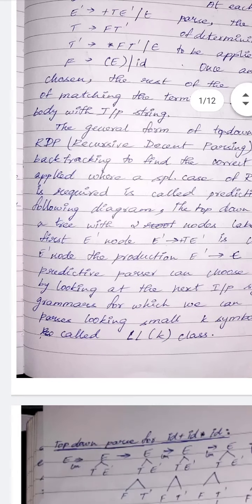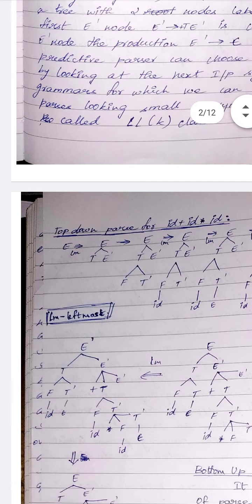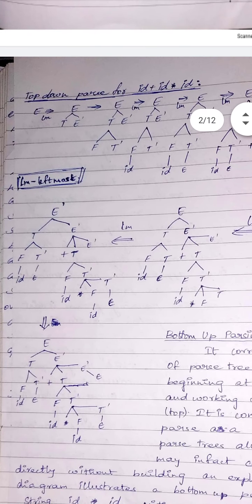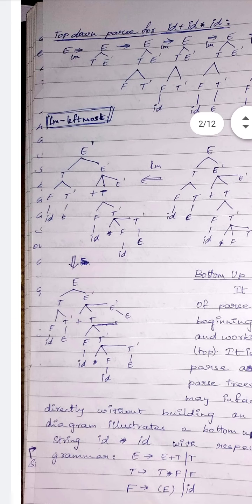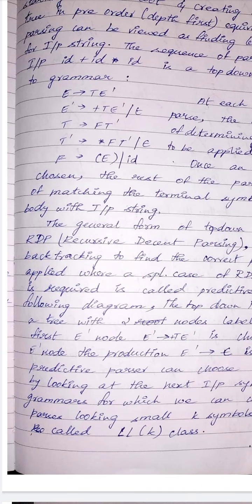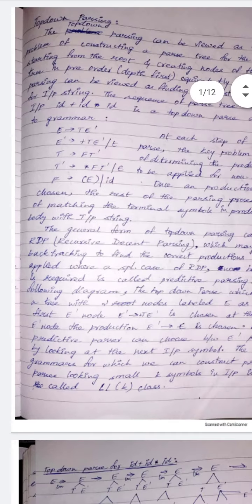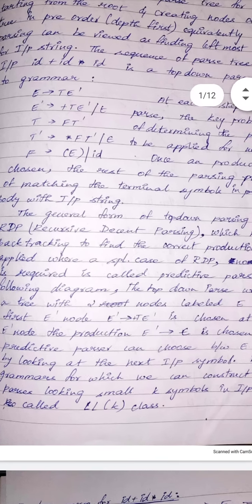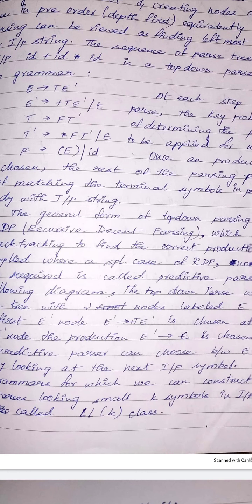And the next one, this is the parse tree that we have constructed, starting from capital E and moving towards id plus id into id. This is the parse tree that we are going to construct. Already we have discussed, we have some key problems to be solved. The key problems are determining the production to be applied. We have a number of productions, so what is the production that we have to apply at the appropriate places, so there won't be any confusion to derive that particular input string.